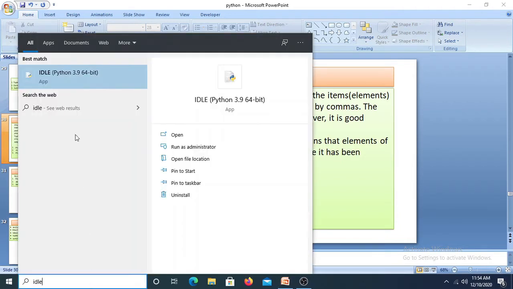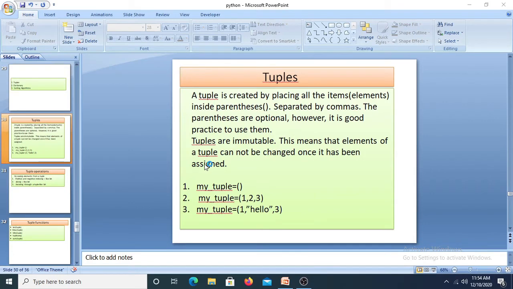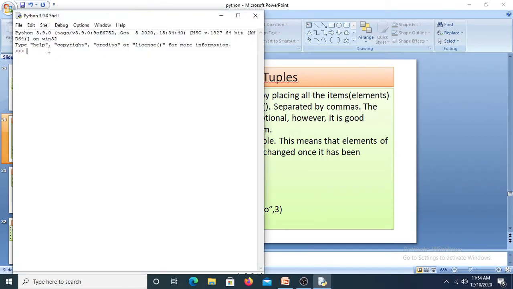So how does this work? First I'll create one list here. Square brackets mean a list, and the items should be separated by commas. Let me print a.